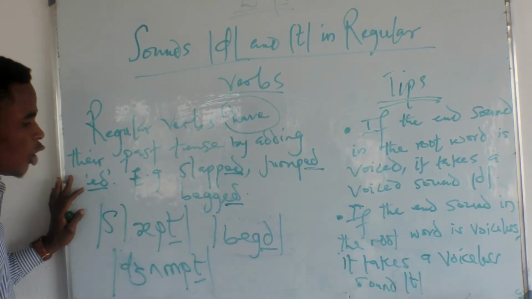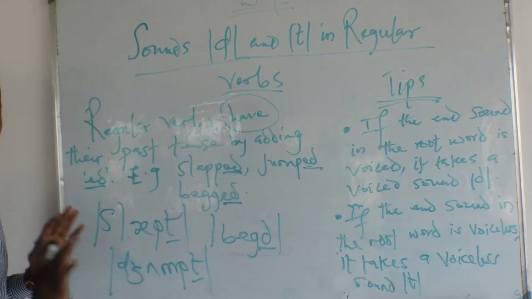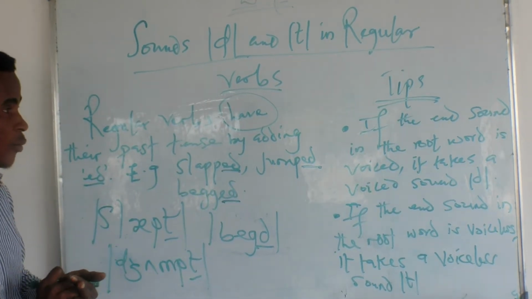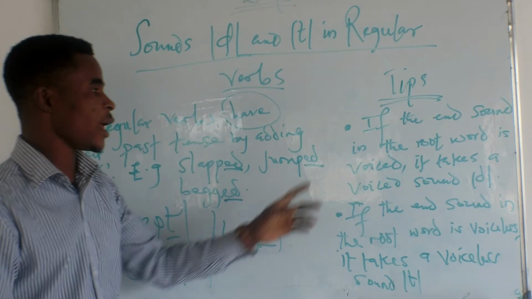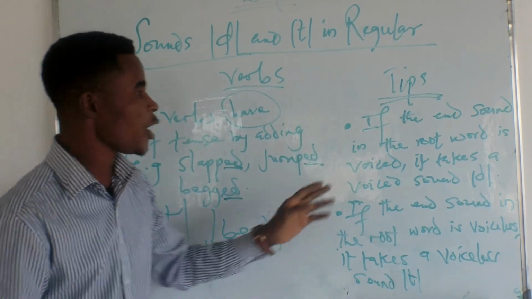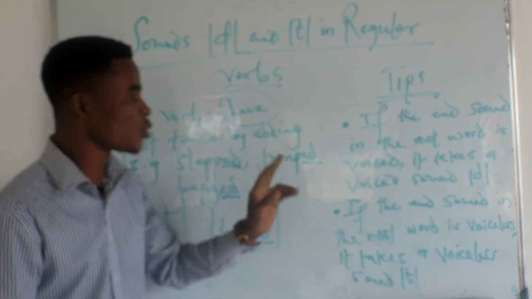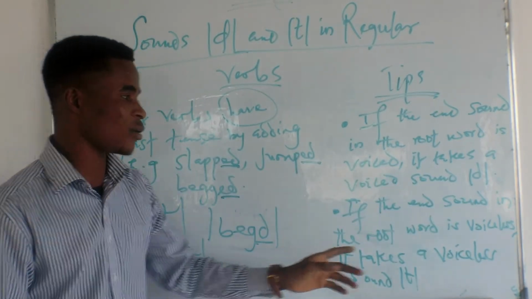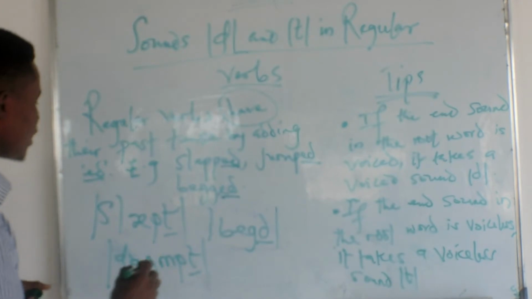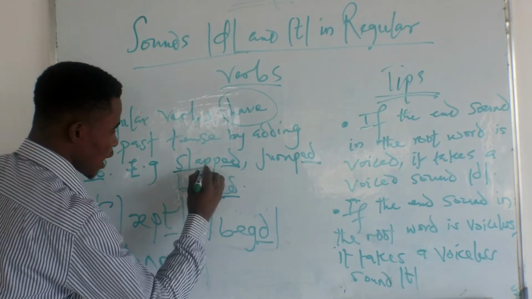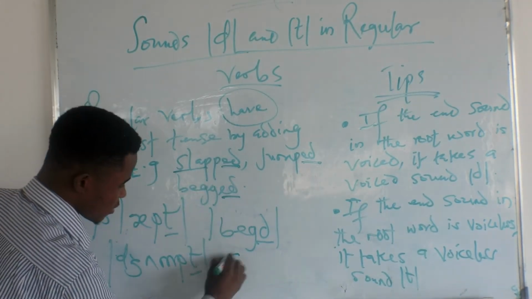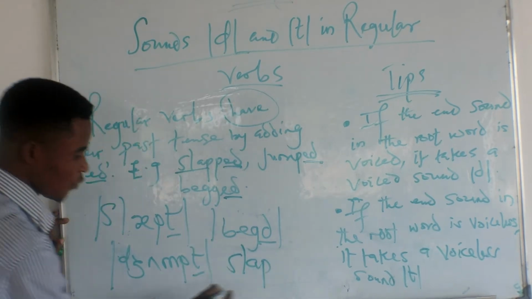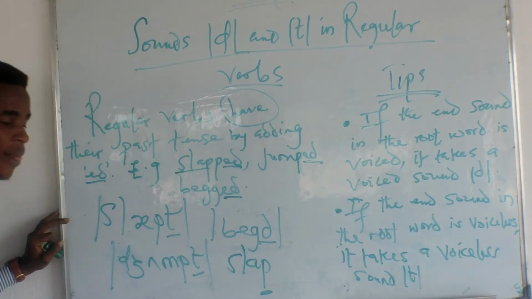So what is the law? What is the rule guiding this? It's very, very simple. Now we have the first tip. If the end sound in the root word is voiced, it takes a voiced sound d. We consider the word slap. In slapped, the root word is slap, and the end sound is